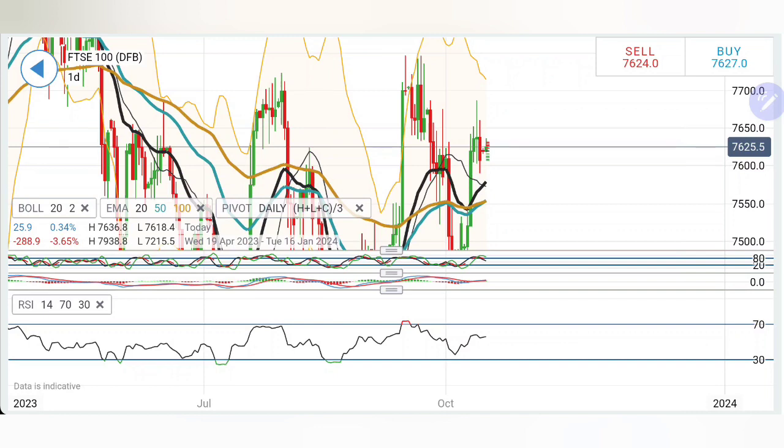Very good support. 7590, 7580, the next support. Only below 7580 is the place where bears will take over for 7550 and below levels. On the upside, beyond 7660 is where the bulls will take over. Even if you are buying at 7640, this is a riskier trade, as there are greater resistance at 7650 and 60 levels. Hence, take your trades accordingly.